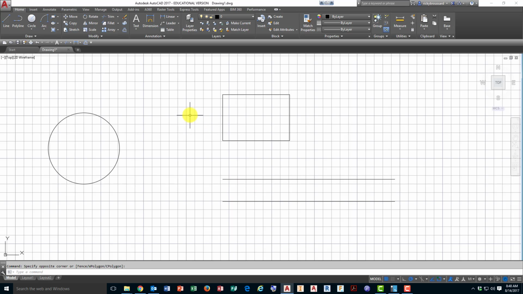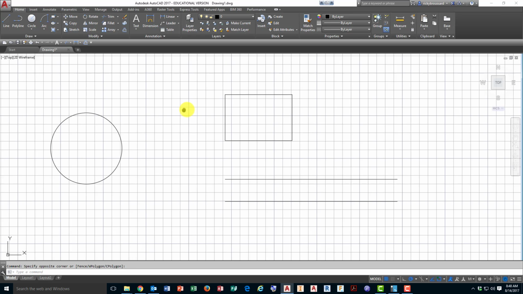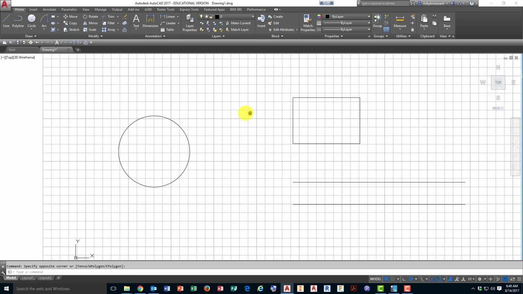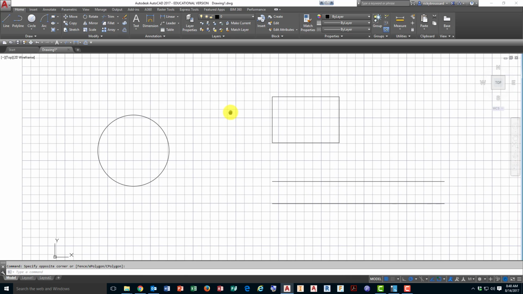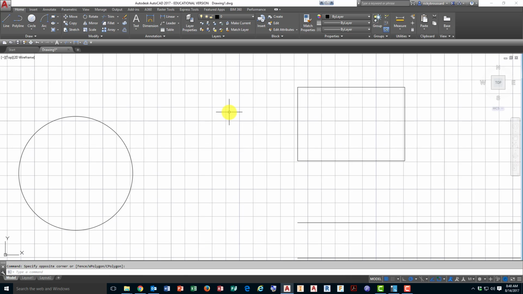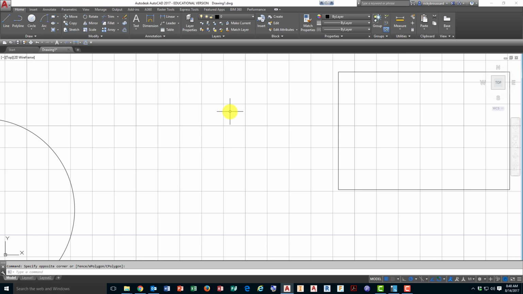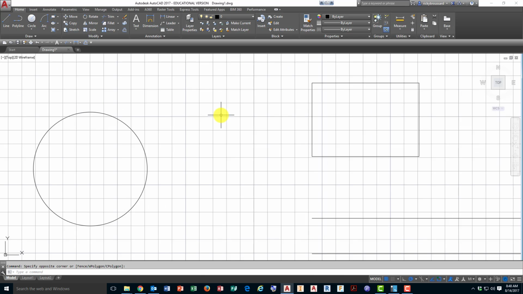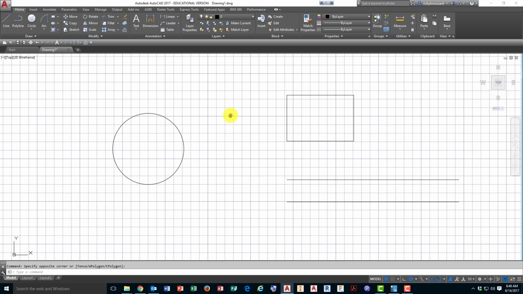So let's talk about moving the screen, not actually items, but moving the screen. If you'll hold down the scroll button, which is the little rolly button, that gives you what's called a pan tool. So that's the one way you can actually relocate things on the screen. If you roll the scroll button in, that zooms in. If you roll the scroll button out, that zooms out. So there are a couple of easy things that allow you to move things around.